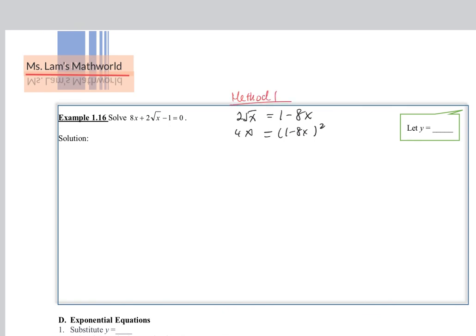Same as before. But right now I wish to discuss another method because you can see x is the square of square root x. So we are using square root x squared equals to x. That means if I let y to be square root x, y is equal to square root x, then the question will become